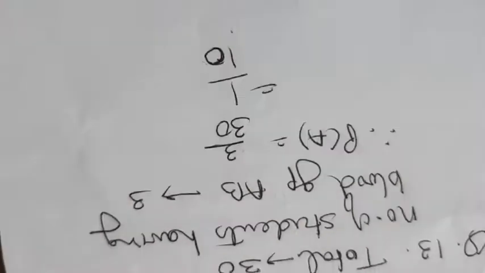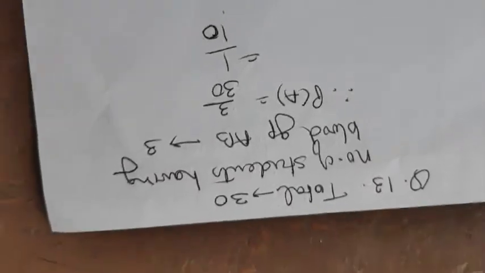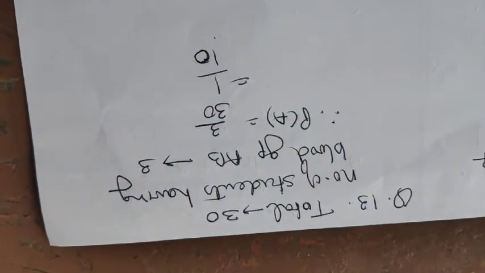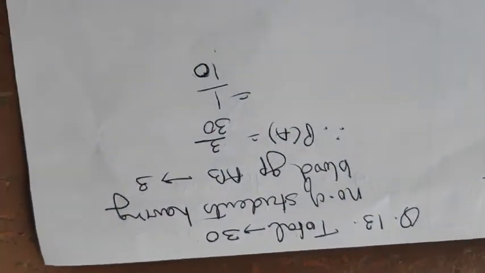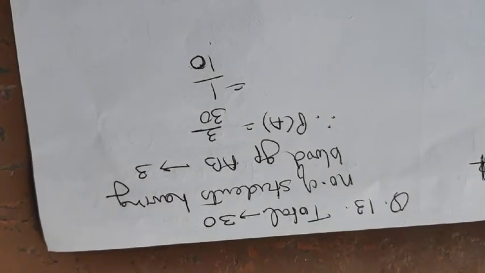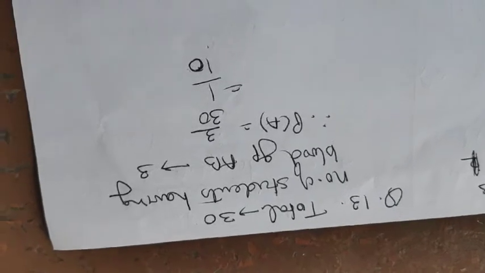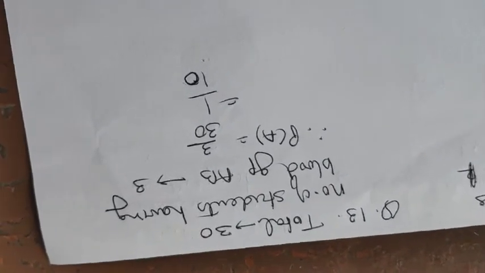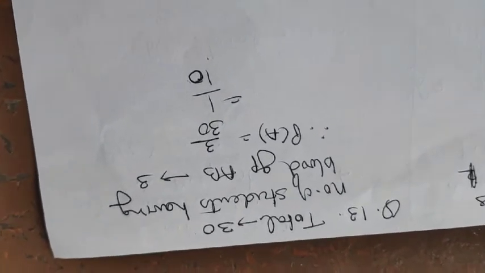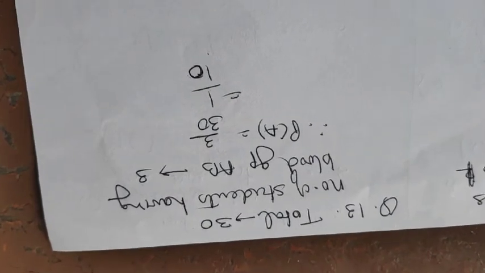So with that, the exercise is over as well as the chapter is also over. I hope you have understood the chapter very well. See to it that all this work is to be done in your classwork book or the one and only one notebook I told you to make, 200 pages. So please attempt all these questions and keep revising. Next class we will start with a new chapter. Thank you.